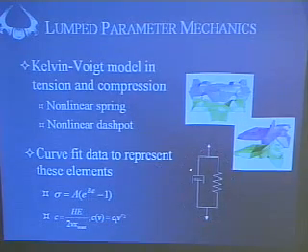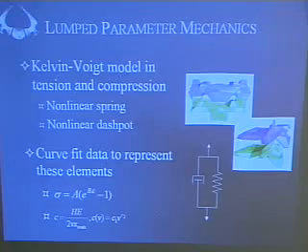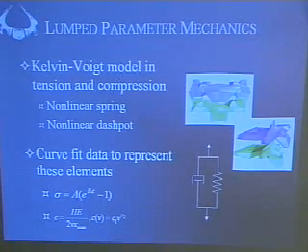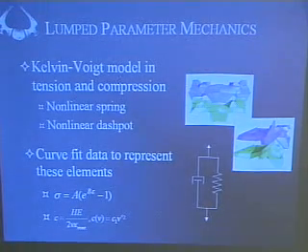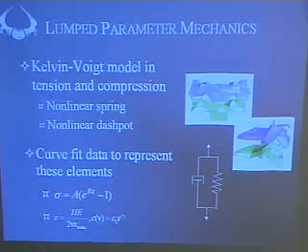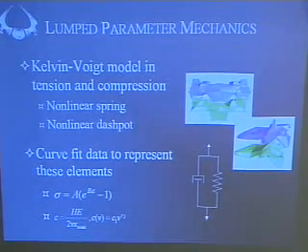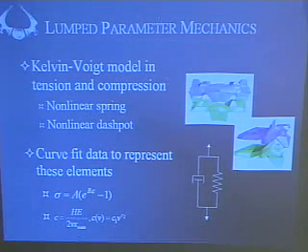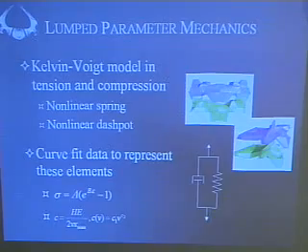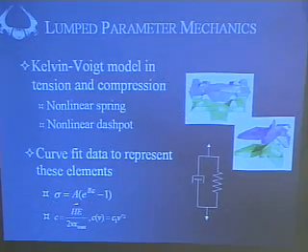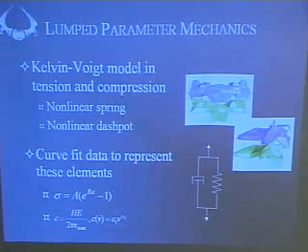Better than all the models before it, we've decided to model each of those components as nonlinear. So we will apply a nonlinear rate dependence and a nonlinear elastic response to the tissues. We decided to represent these elements and get all the data from curve fitting our experimental data. And the curve fits you'll see here are an exponential of the stress-strain relationship.